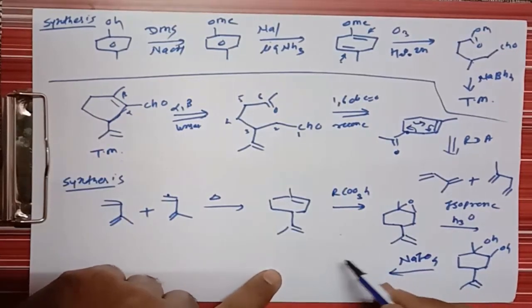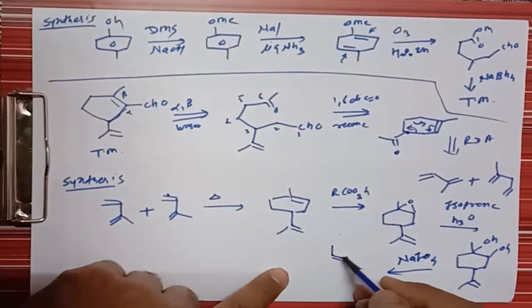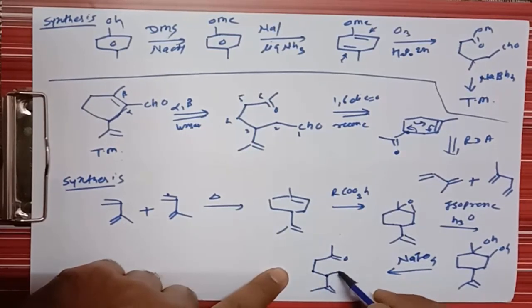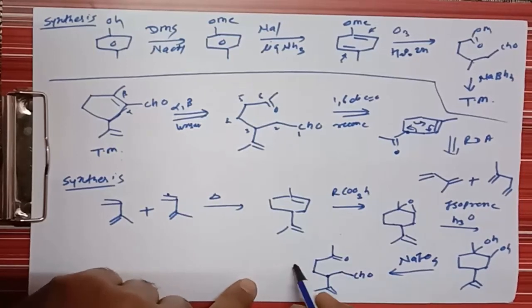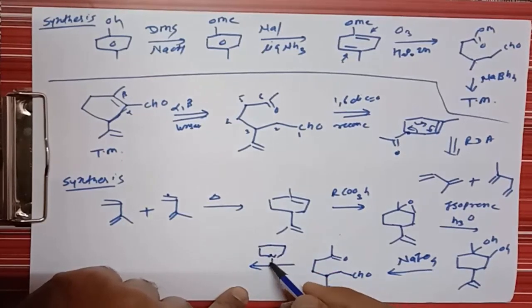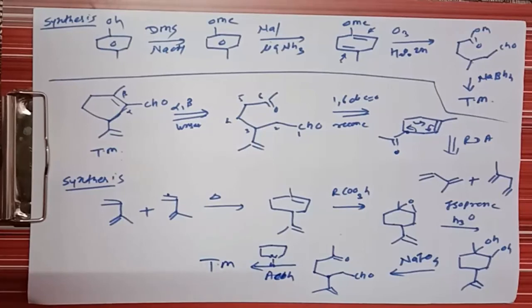And if we go for sodium periodate, what does it give? It gives formation of a 1,6 dicarbonyl compound, that is a double bond here, then CH2, CH2, CH2, then a double bond here, then here is CH2 and here is CHO. And now if we treat this molecule with piperidine in the presence of acetic acid, AcOH, it gives formation of the target molecule, right? Because for the condensation, this condition must be as mild as possible, because we want to get only the most stable possible enolate which can form from the aldehyde, right?